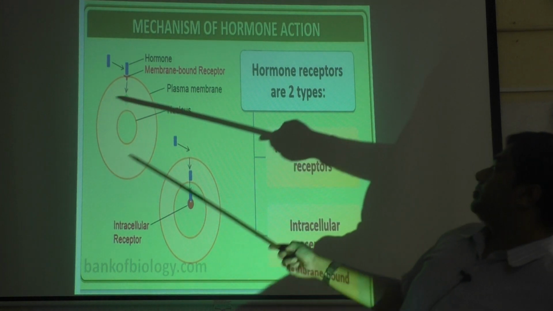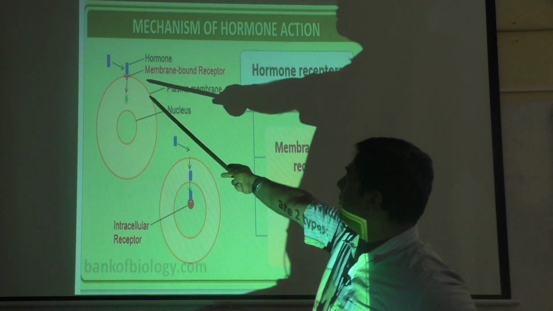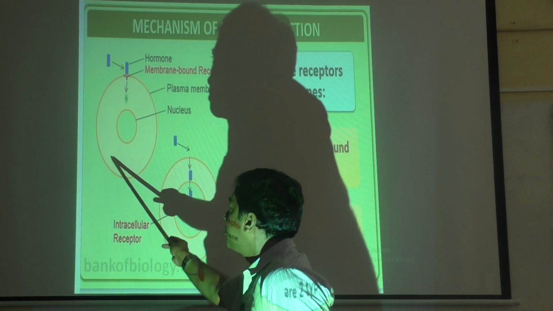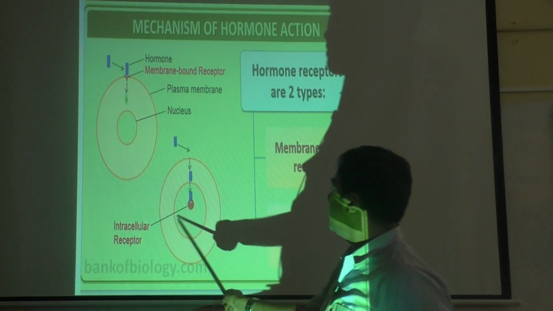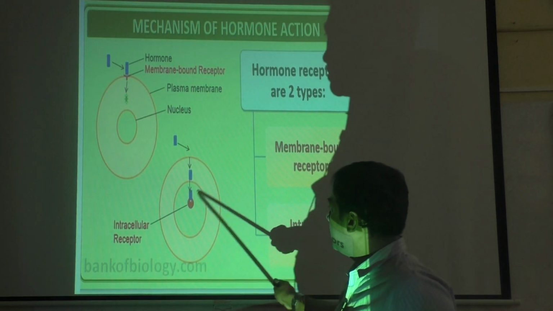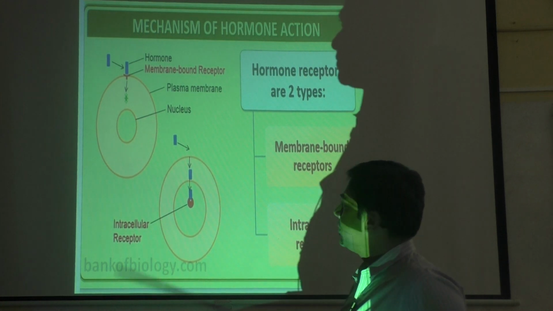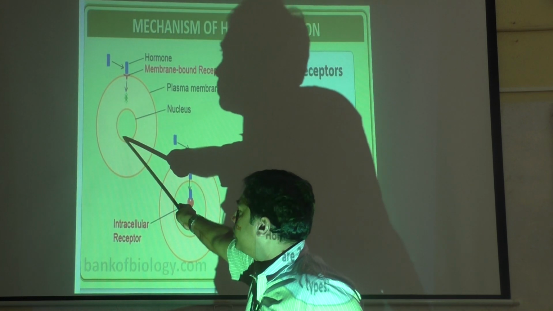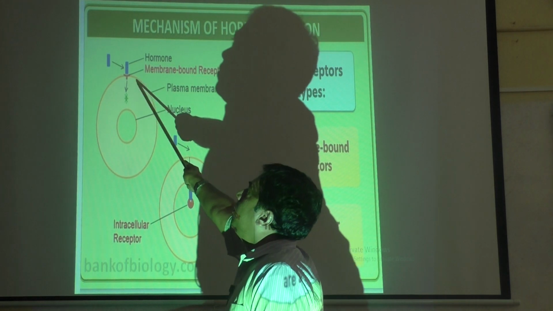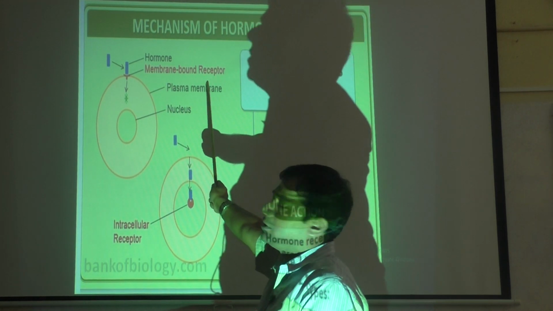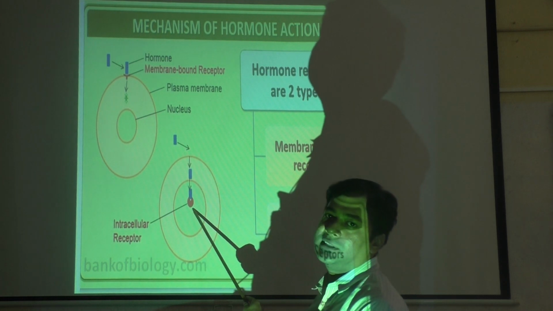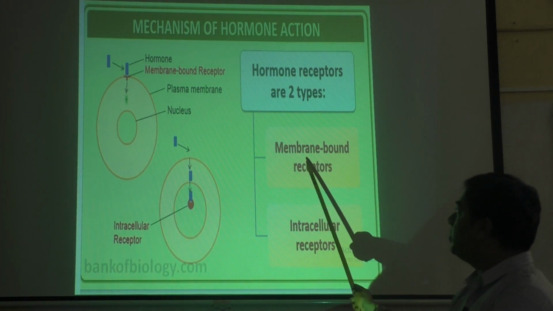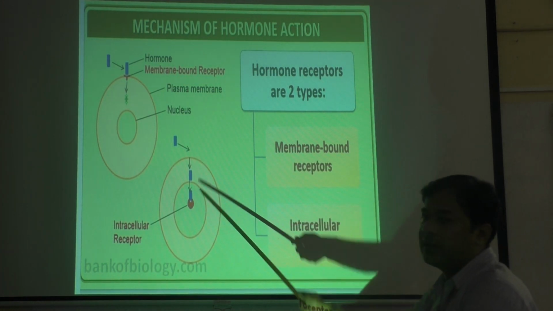Okay, you can see there. The red color part is what they are showing as a receptor. This is the outer wall or outer membrane, and the receptors are present on the membrane. Here it is present, this is the cell. These are present inside the cell. This is the outer plasma membrane, this is the cytoplasm, and this is the nucleus. Here the receptor is present on the membrane, that's why they are membrane bound receptors. This one is present inside the nucleus, inside the cell, so it is intracellular, meaning inside the cell. So membrane bound is the first one, and this is inside the cell.